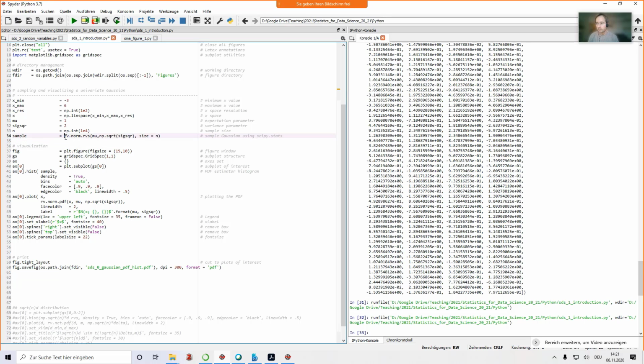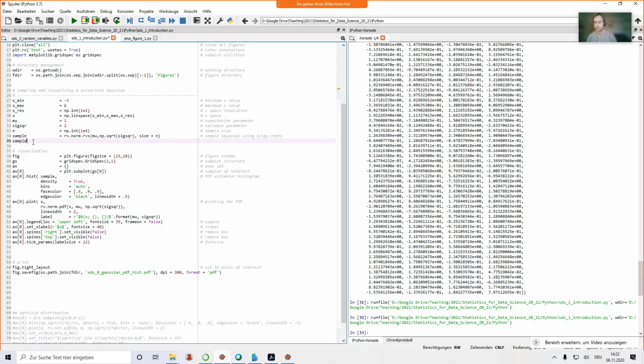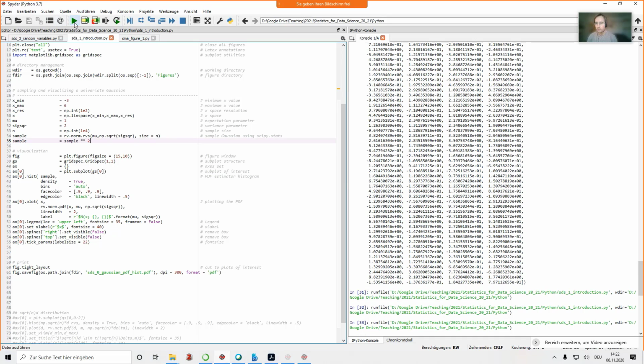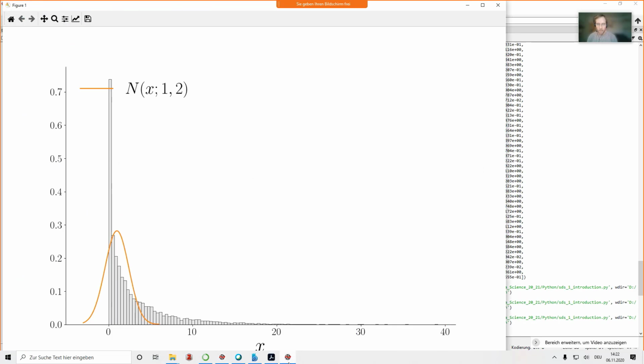But most of the time you will also apply some kind of function to that, and then look at the histogram. For example, you will square the values of your sample, and then compare it to your PDF. Obviously, you see that if you square things from a normal distribution, the resulting values are not normally distributed anymore. They're actually chi-squared distributed, and then it doesn't fit with the PDF.